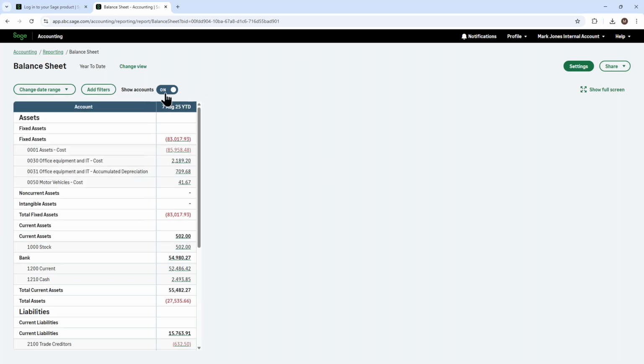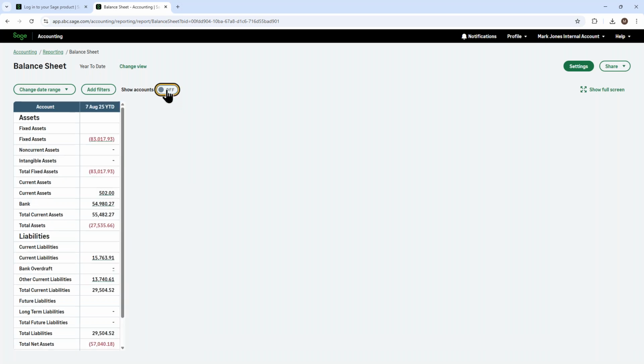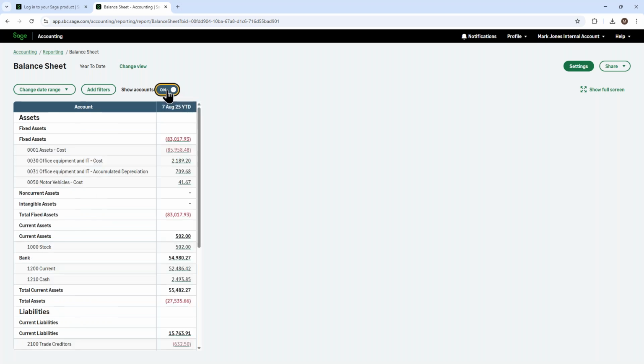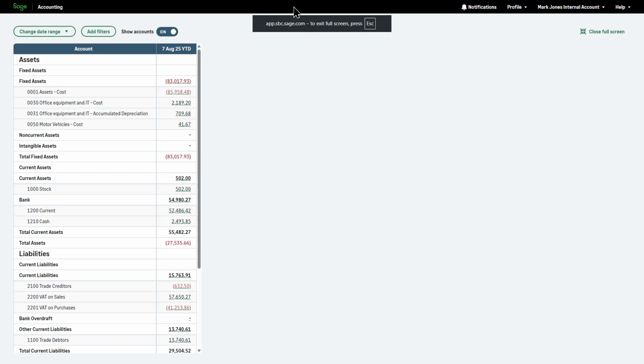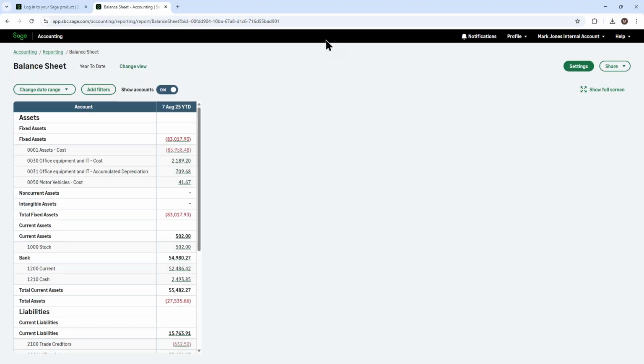I can also choose how I want to show or hide my accounts. I can actually leave the nominal accounts on show by leaving it on, or switch the nominal codes off by clicking the toggle button here. Again, we can view the full screen mode by clicking on show full screen. And don't forget, by clicking add filters,